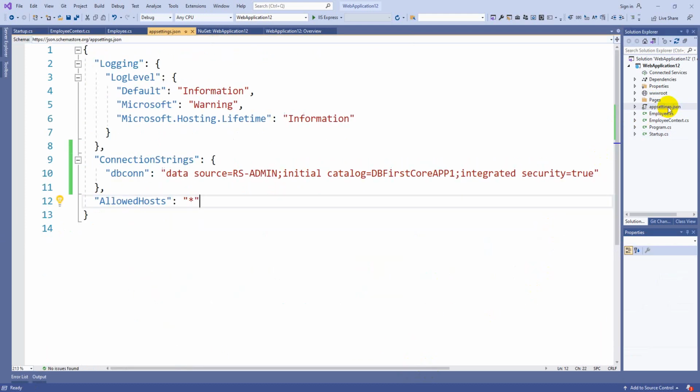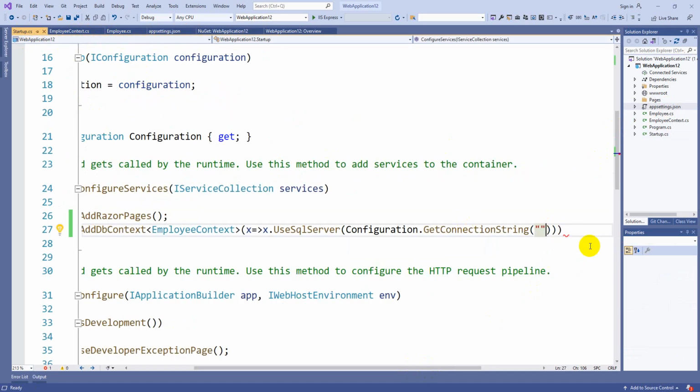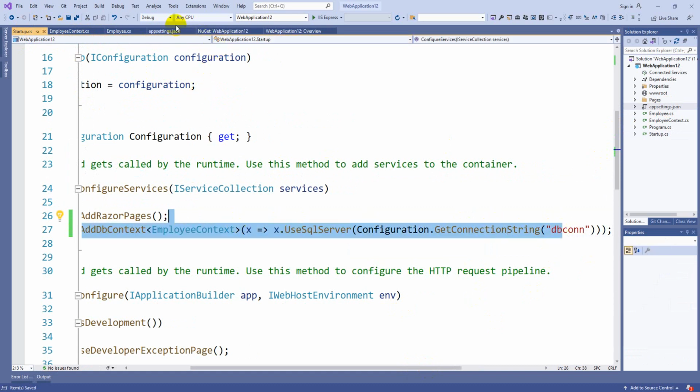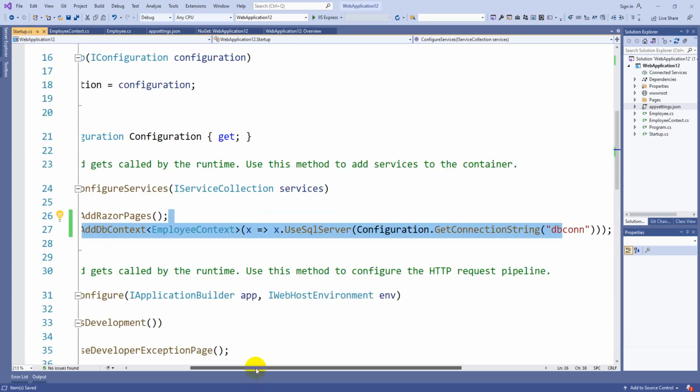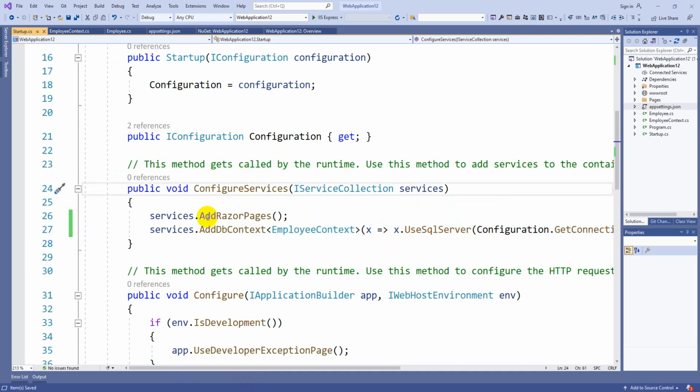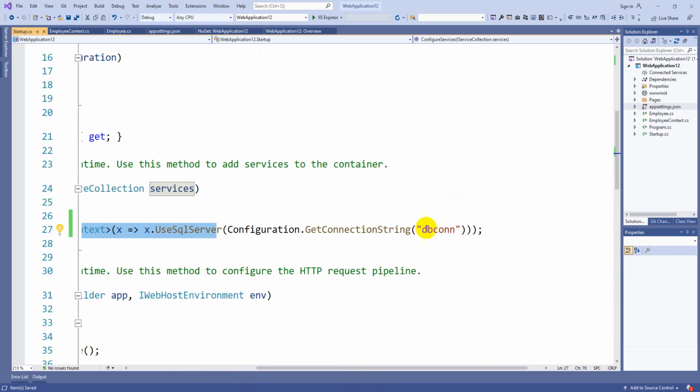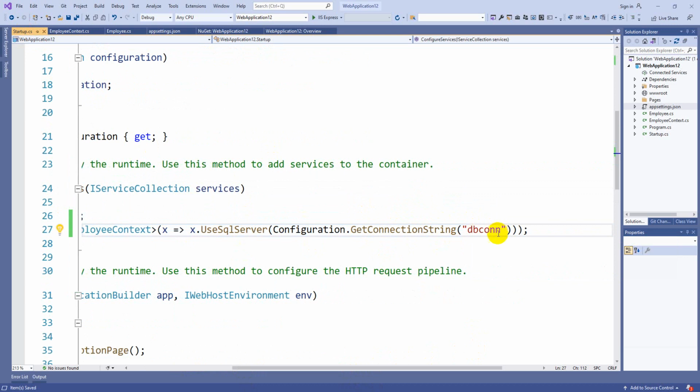In my appsettings I had given the connection string name as DbConnection, so let us copy this and pass it to this method. That's it, guys. These options will get loaded in the context file, which passes them to the base. This is the additional thing you have to do in Startup.cs: I am loading the dependency of SQL Server and passing the options to use the DbConnection connection string.